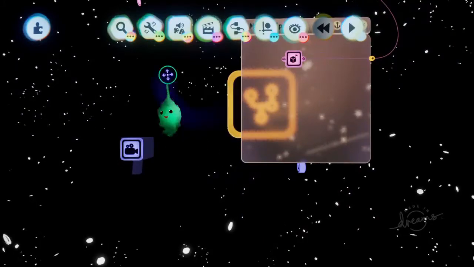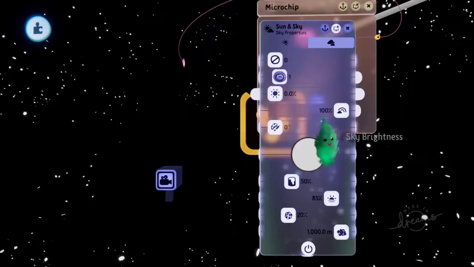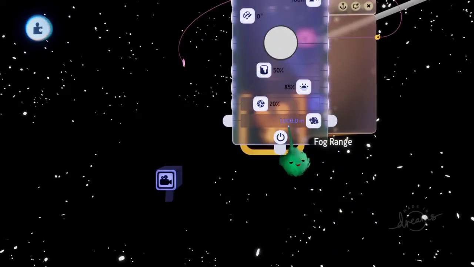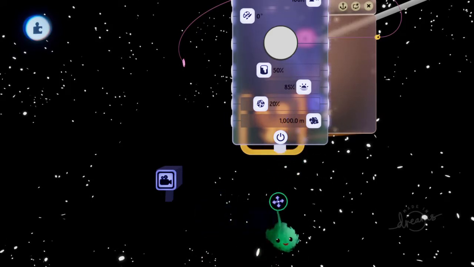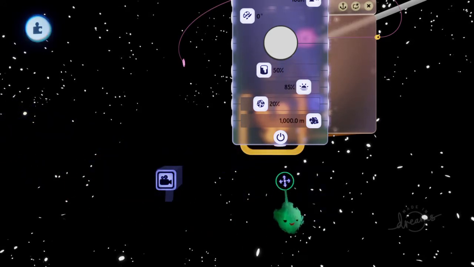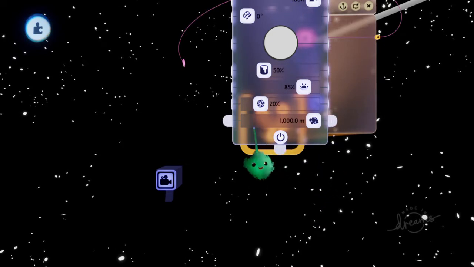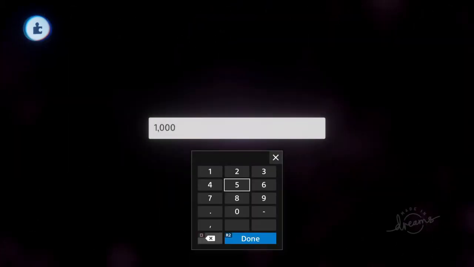And yeah, I'm going to use the sun and sky. Where did I put the sun and sky? There it is. Move it into there. Cool, so there's this fog range setting, which is on 1,000 meters, and that is the distance at which an object won't be shown anymore. You won't see any more of those flecks or the surface of the sculpt and things like that. But as it gets closer from that distance, the sky filters through the object at a certain threshold, then it's fully opaque, and then as it goes further back towards the fog range, it gets more and more transparent, it seems. So if we change that to just 10,